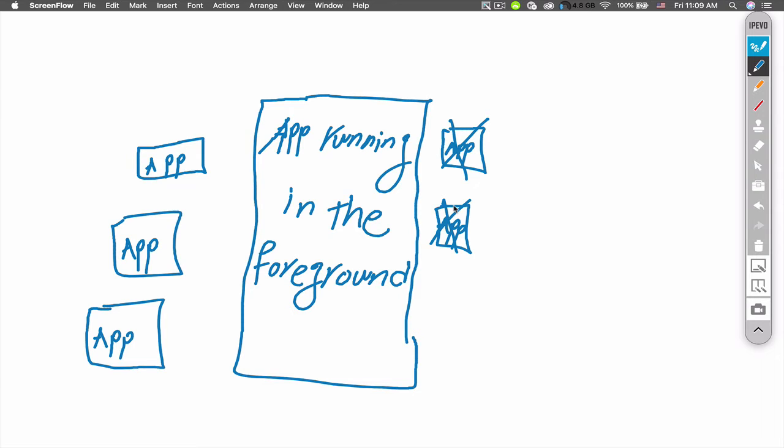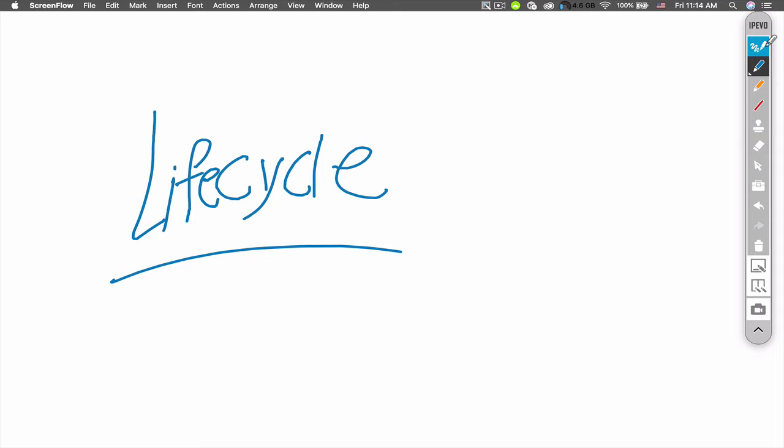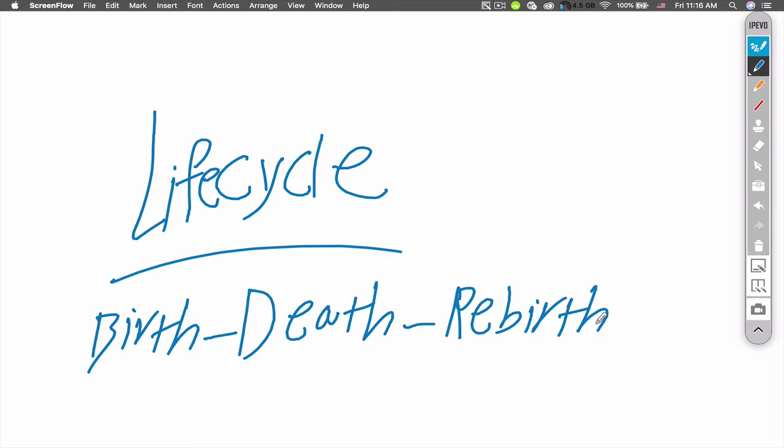Okay, so when the application goes into the background, it is actually in a very dangerous state and it can get killed by the operating system at any time. In other words, the operating system only cares about the application that is currently running in the foreground. And this is the application that the user is currently interacting with. So when the application goes into the background, the operating system doesn't care about them at all. And it's gonna kill them if it needs resources for the current application that is running in the foreground. So now you should know there is a life cycle to an Android app, which means there is a birth,